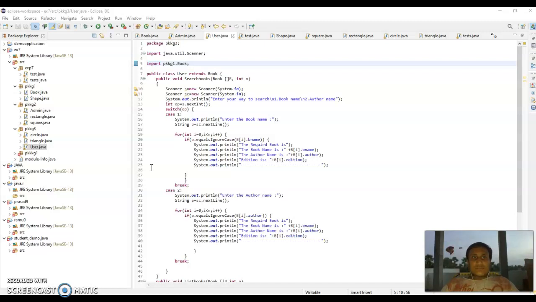class user extends book, public void searchBooks(book b[], int n). Scanner s = new Scanner(System.in), and System.out.println enter your way to search: book name, author name, int op = s.nextInt, switch (op), case 1: System.out.println enter the book name, and string b = sc.nextLine, and